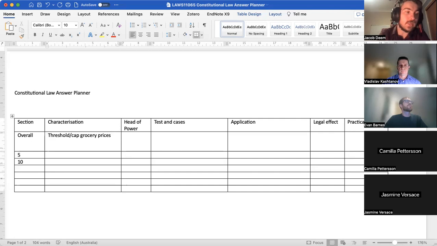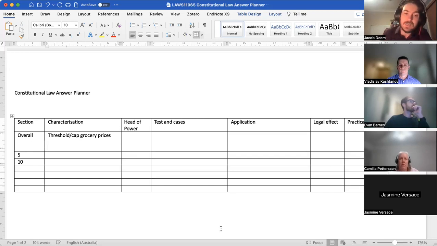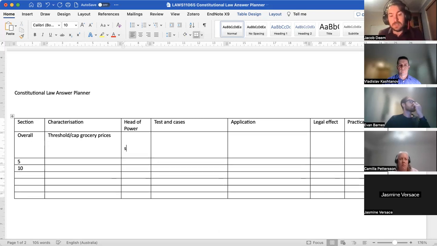No, it's not. So we know that even if this is what the law is about, in order to be constitutionally valid, we've got to find another way of characterizing the law that would fit it within one of the heads of power. And so just thinking strategically about the economic powers that we've talked about this week, we've already established that tax and excise are probably out. And so the only thing that's left is Section 51, paragraph 20, which is the corporations power,